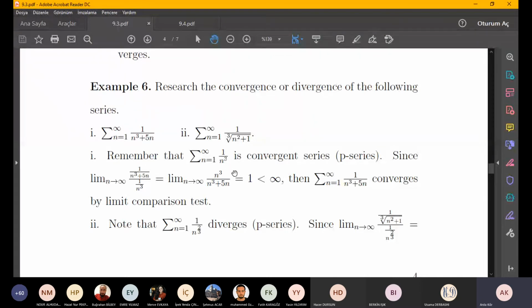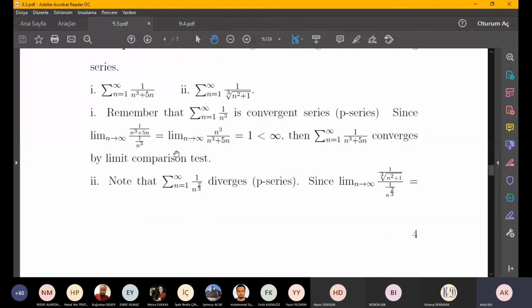So that gives that the p series is convergent. And if you divide our series, or the general term of our series, by 1 over n cubed, and take the limit at infinity, it gives us 1, which is a finite number,